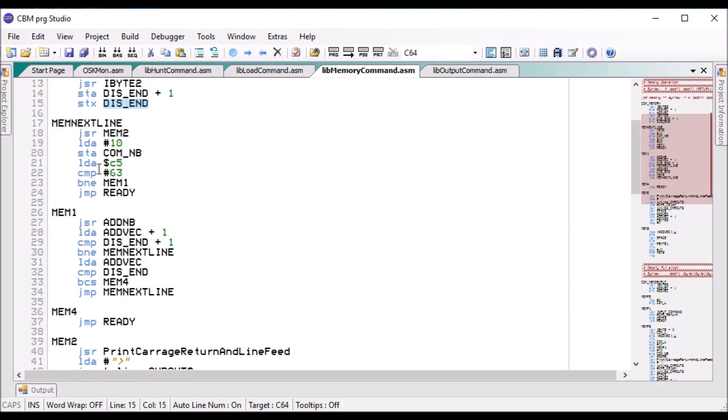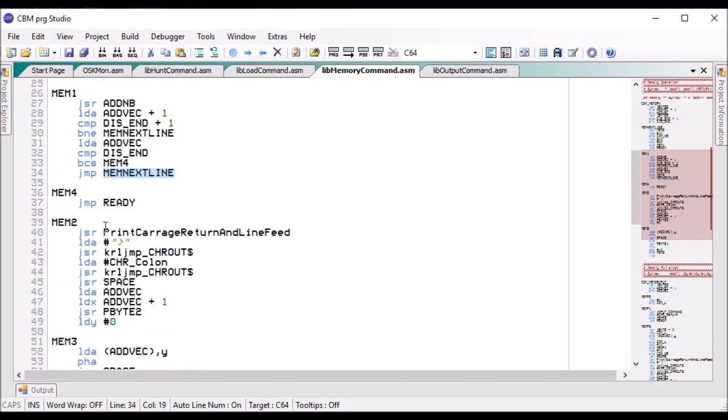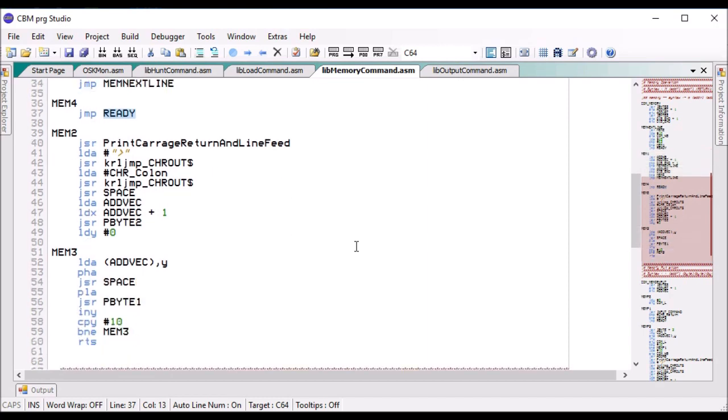line. So it runs through, and mem1 adds the 10 to the working vector and then compares it with the end vector, and if it's not equal, goes back, sets up another line. If it is equal, then we test the low byte to see if that's hit it, and if it has hit it, it jumps to mem4. If it hasn't hit it, it goes back to here, and mem4 is just jumping to ready. And then we've got the printing of the line and the adding of the